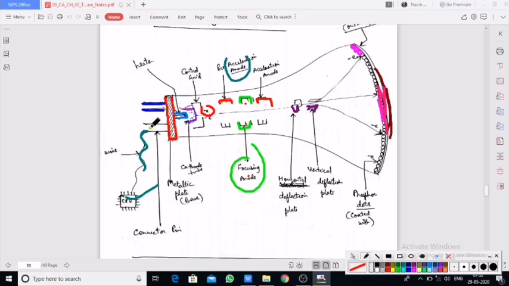When we supply current to the CPU, current goes to the connector pin, and with that current it starts heating. With the heat of the metallic base, there is a heater. This heater gets heated, then there is one cathode tube which holds the cathode ray. It also becomes hot, right? As it is attached to the heater, it also gets heated, and then starts releasing electrons, negatively charged electrons, after ionizing.